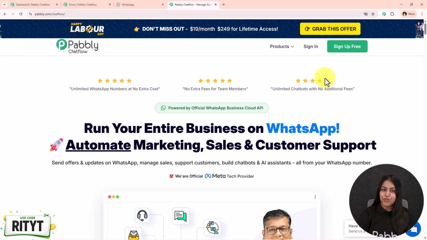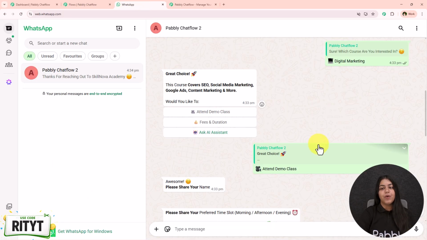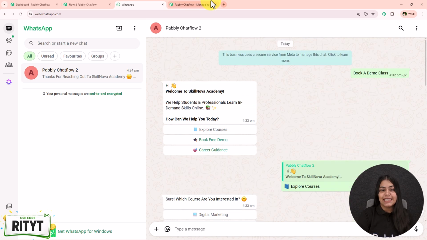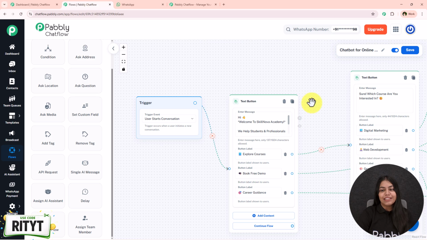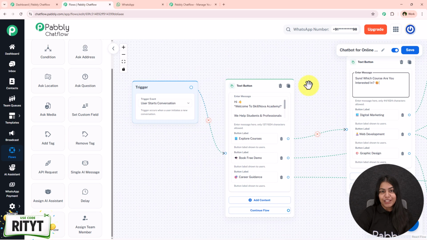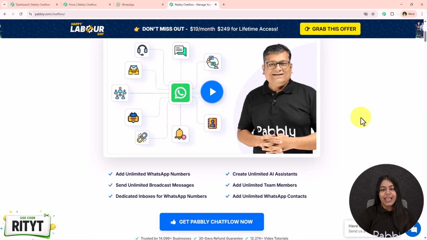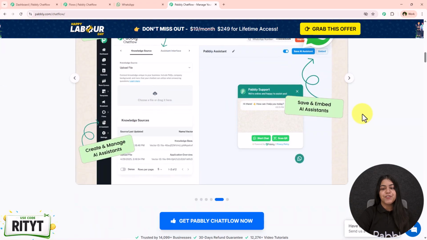to explore Pabbly Chatflow. 100 credits free means that you can send up to 100 WhatsApp messages for free, and yes, this is true. And 100 credits free means that you can create and try this WhatsApp chatbot for free today. And once you try it, and if you like it, you can definitely move on further and purchase the subscription